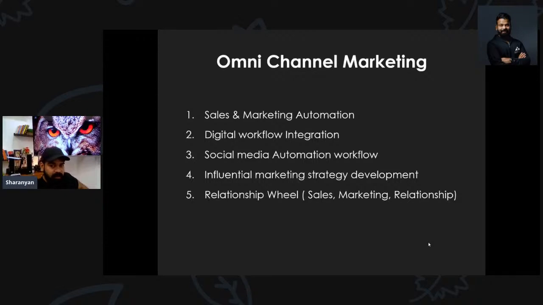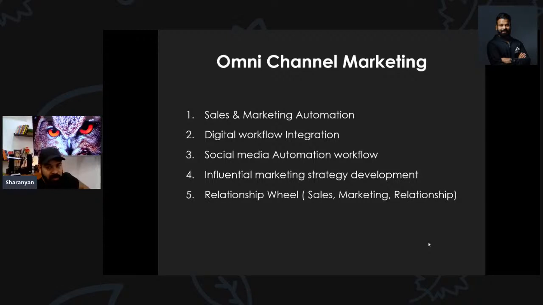Instead of, we can replace. Sales is all about solving problems, adding value. Marketing is all about improving your customer experience, how you can do better. And the final one, the relationship, which means the customer. If your customer is going to be an advocate for your brand, which means you can call them a